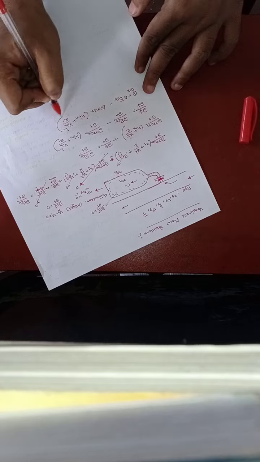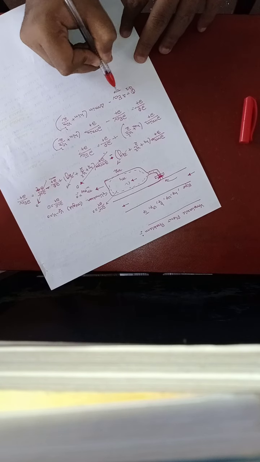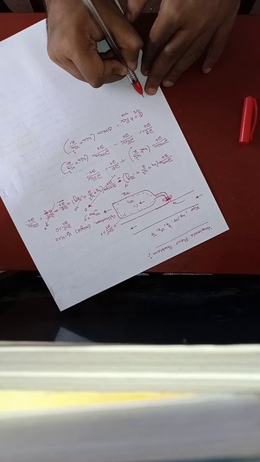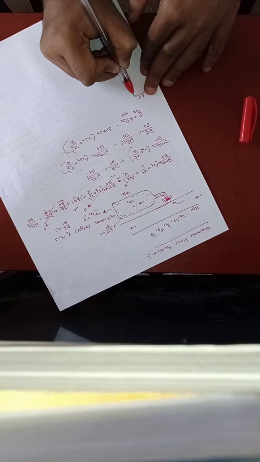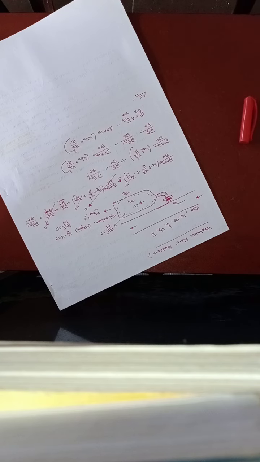Now what is all this equation? What is del ECV by del T? Del ECV means the energy at the control volume. It is the energy that is being stored in the control volume because of the movement of the mass, either mass has gone in or mass has gone out. In this case, mass has gone out. So because of the movement of the mass, some energy has been changed. Some more energy has been stored, or energy has been lost, as per our system.